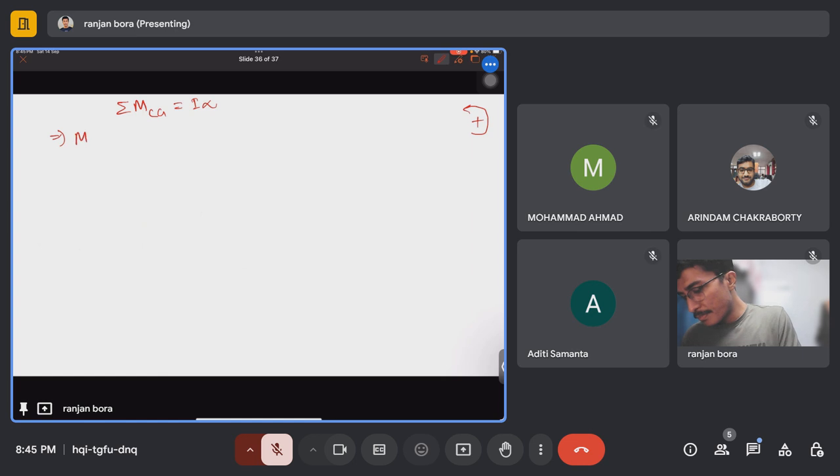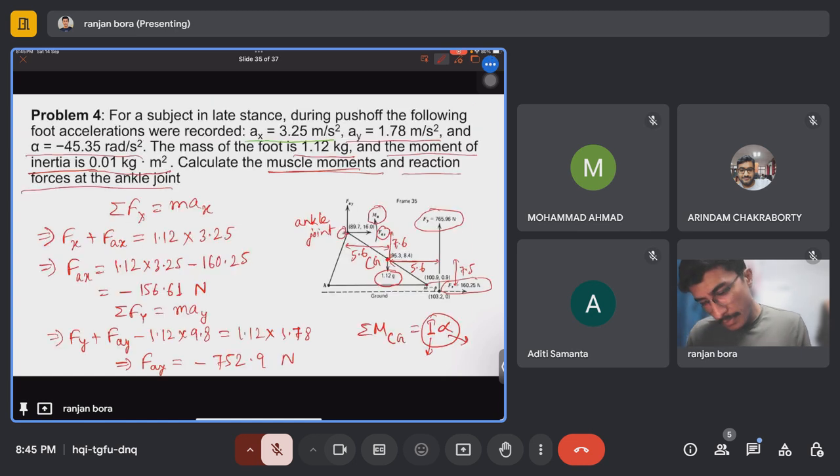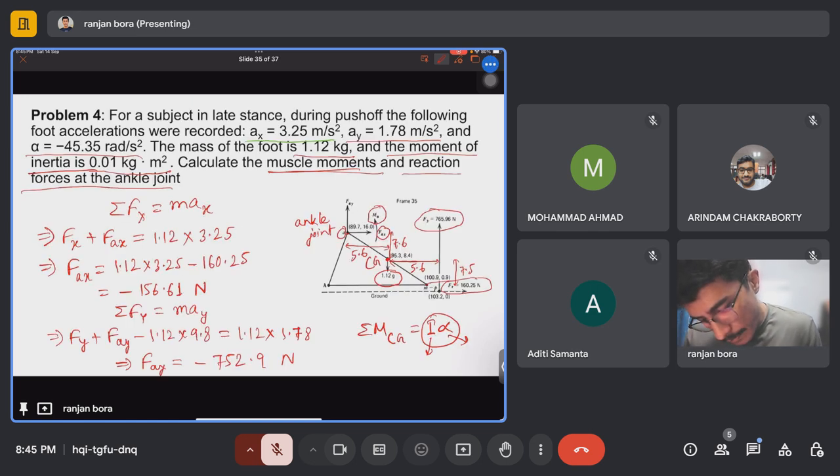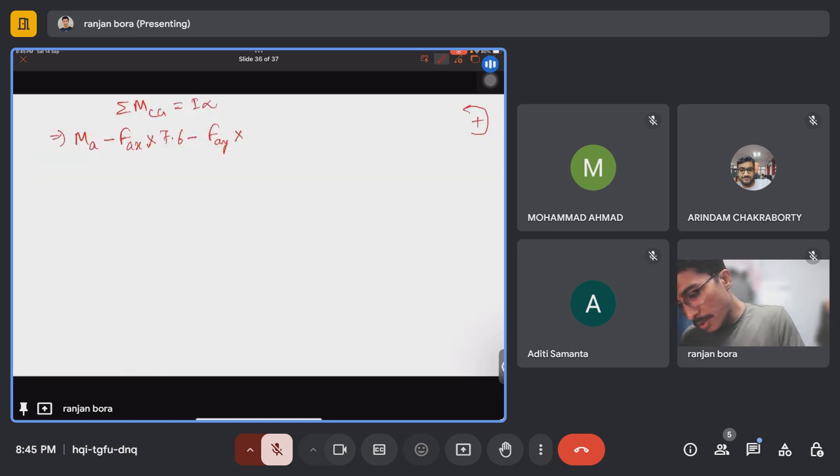So MA, and Fax and Fay will produce clockwise moments. That will be negative: minus Fax into 7.6, minus Fay into 5.6,